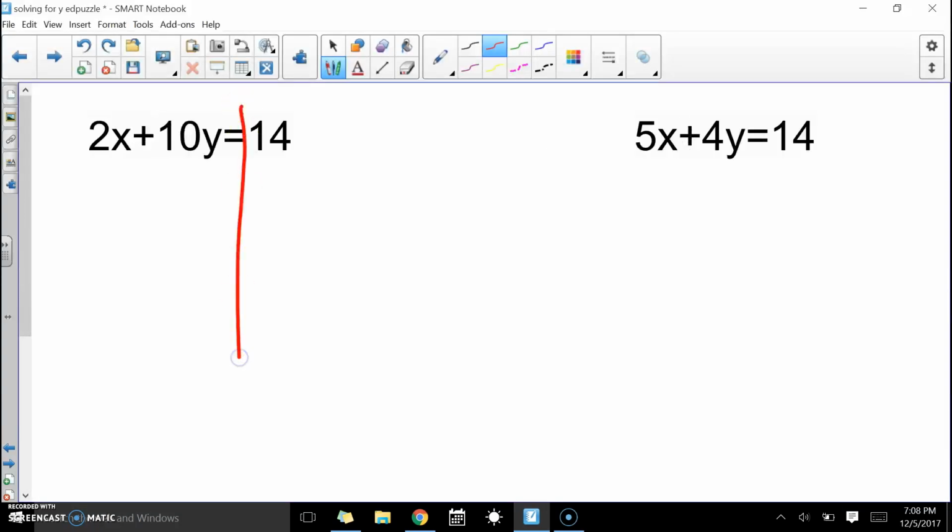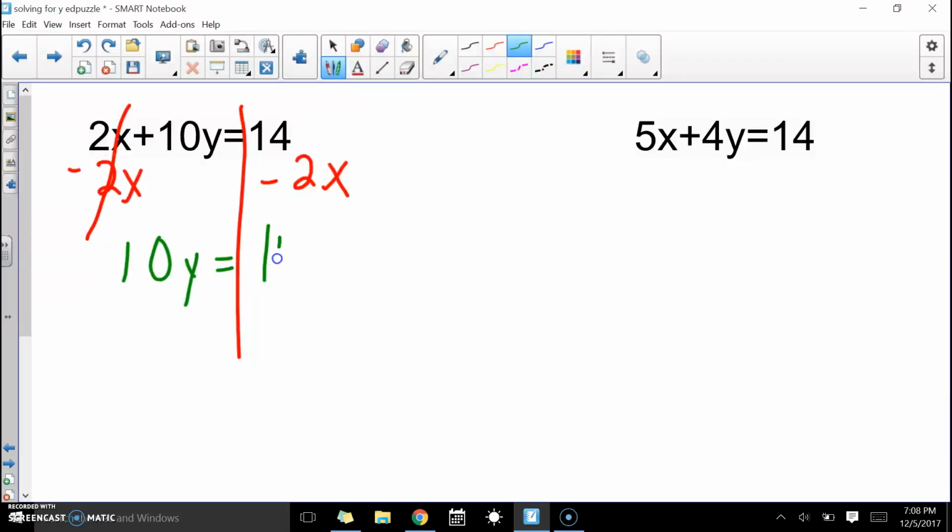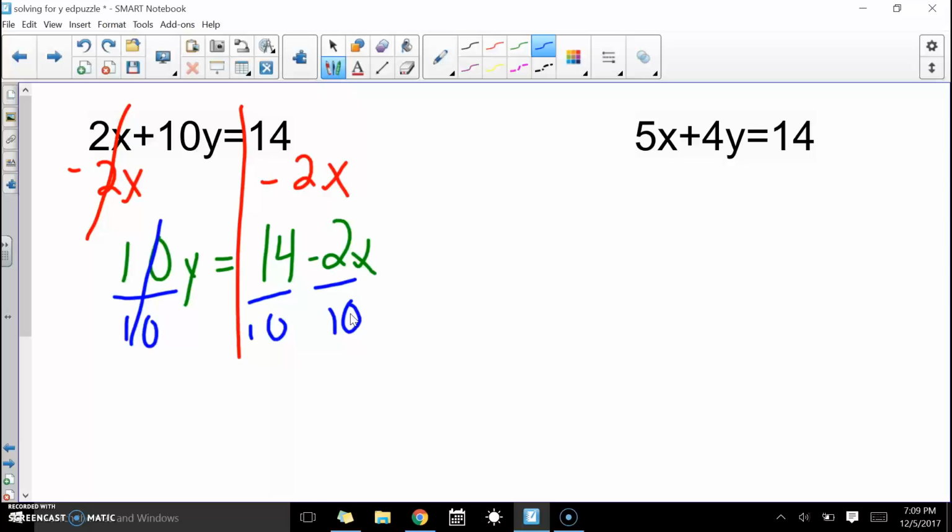All right, again, I've got to get y by itself, so I have to get rid of my x term. This is a positive 2x, so I'm going to subtract 2x from both sides. I'm now left with 10y equals 14 minus 2x. This is being multiplied by y, so I need to divide by 10. Then I'm left with